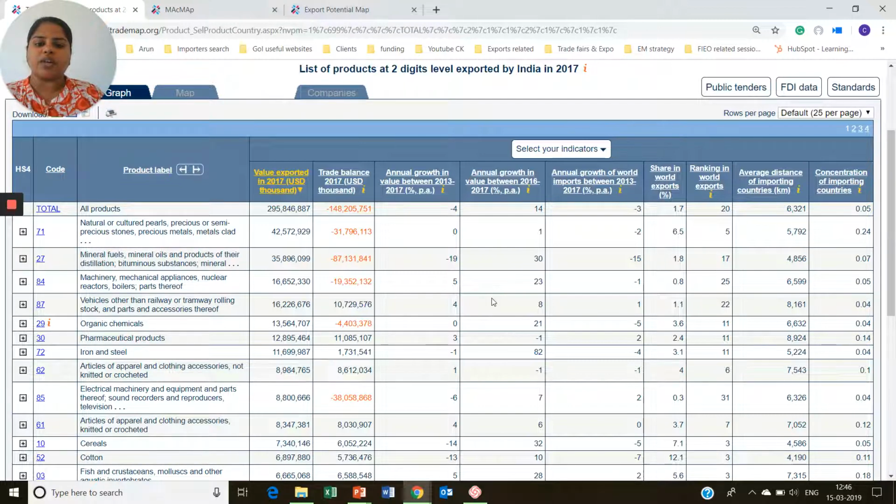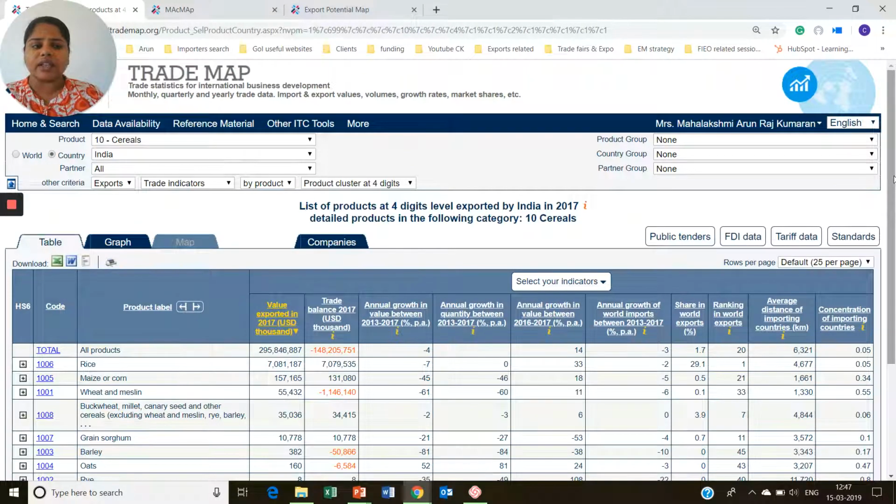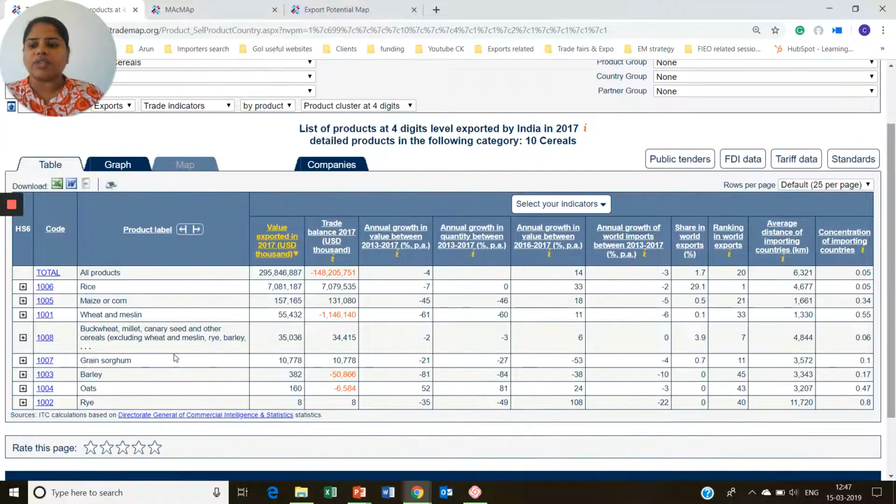So to give you an idea of what's happening in the global perspective, we are looking at this data. If I click on any particular HS code, two digit level, then it will show up the other HS codes or other products in that category. So this is four digit, that is the subheading in that sector. Rice, maize, wheat, muslin. So here you can see oats,